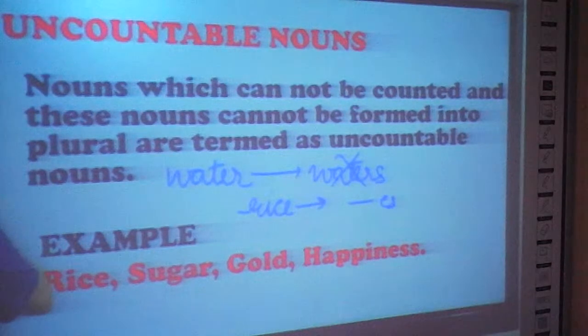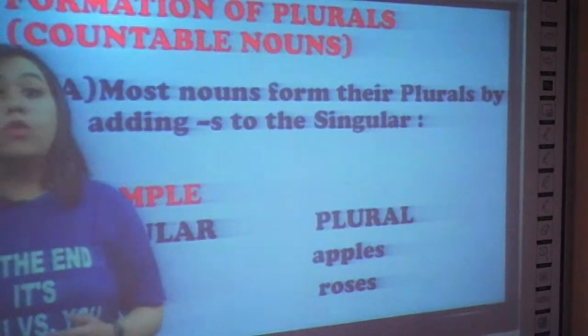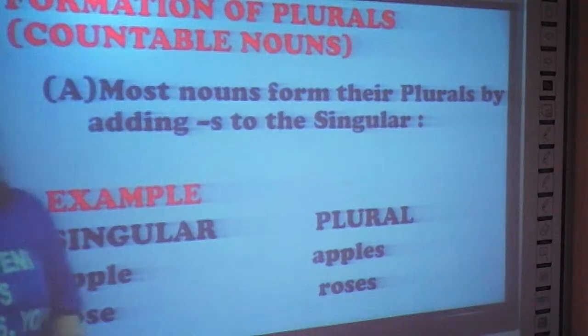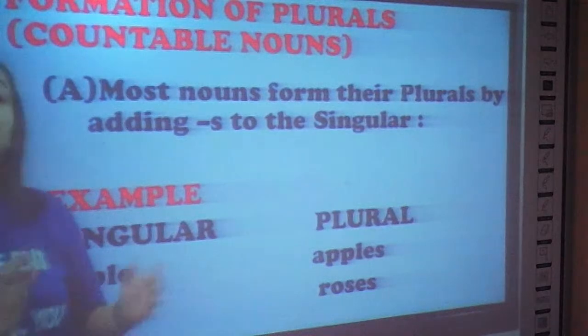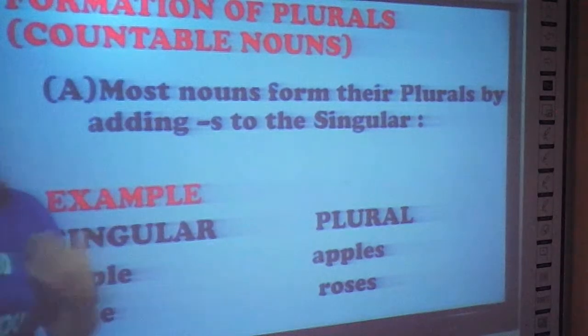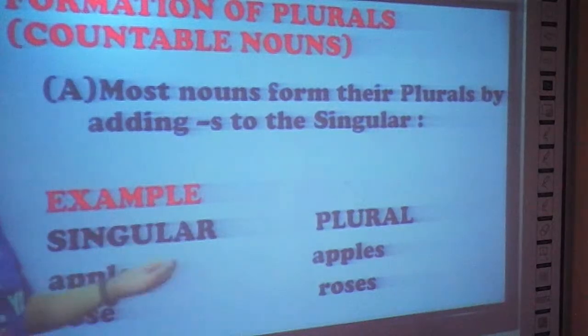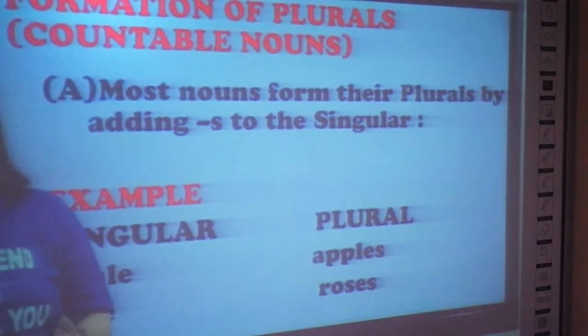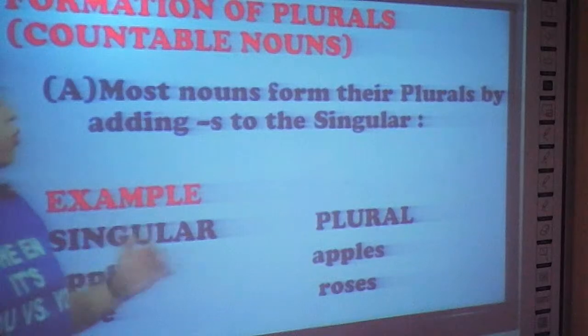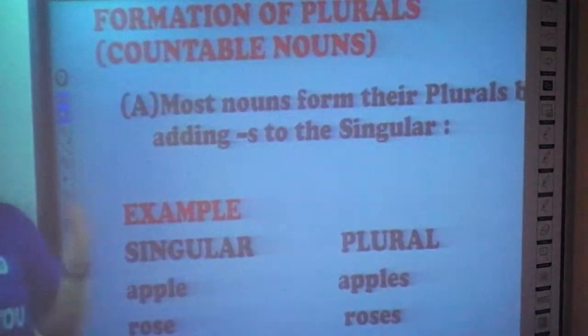Let's move on. Yeah, so we'll be talking about formation of plurals. Now, I talked about the countable nouns. We can count them and we can make them plural. For example, pen, pens, book, and books. Okay, so what are the ways? How are we going to make them plural? And we are going to study about that. So there are a few ways you can make them plural. The first one is